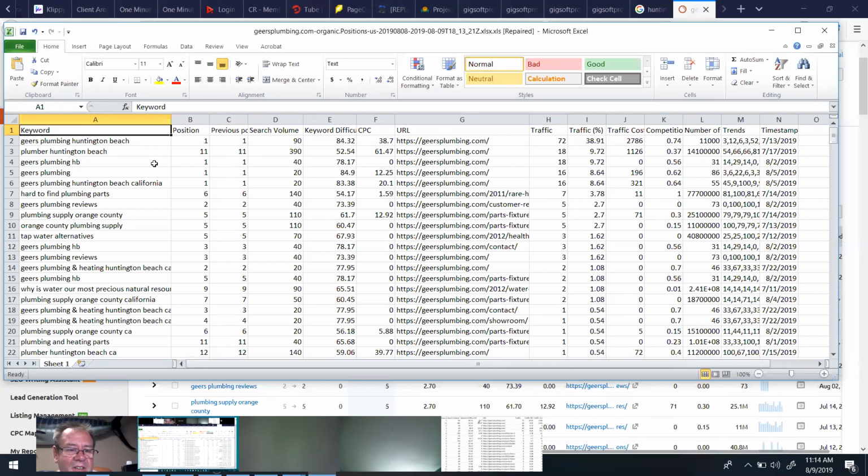You could say, the next keyword down, look at the search volume. The one that's bringing you 38 or 39% of your traffic only has 90 people a month searching for it. That's kind of low. Look at this. Plumber Huntington Beach, you're not even on the first page for. There's 390 people a month searching for that. And even on page 2, that's bringing you almost 10% of your traffic. What do you think would happen to your numbers if we pushed that up to number 1? What do you think that would do? That would be some crazy growth for this company off of one movement of one keyword.